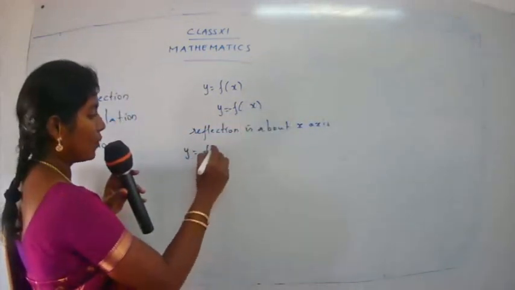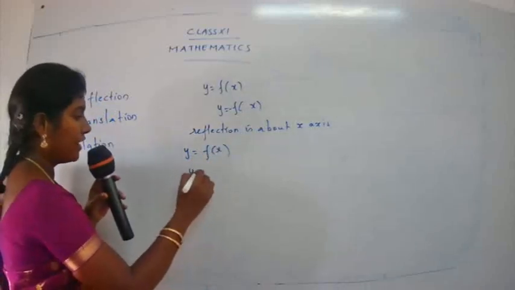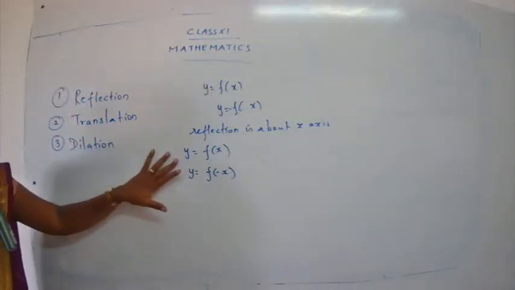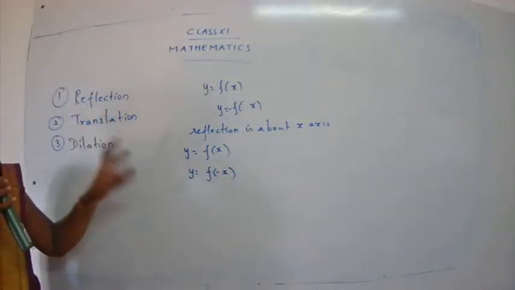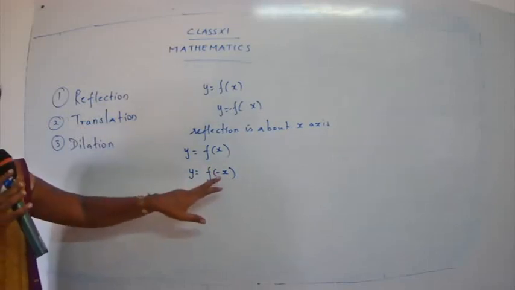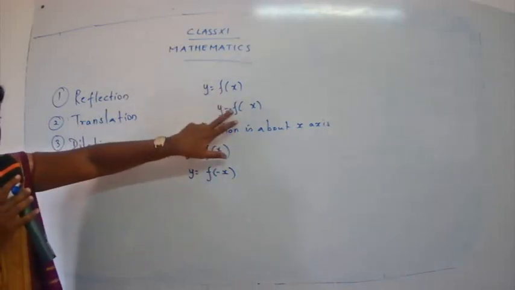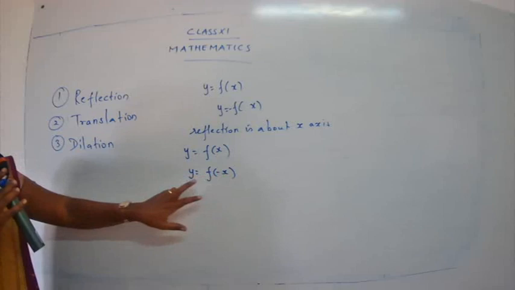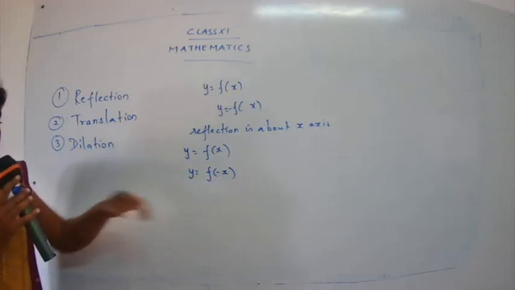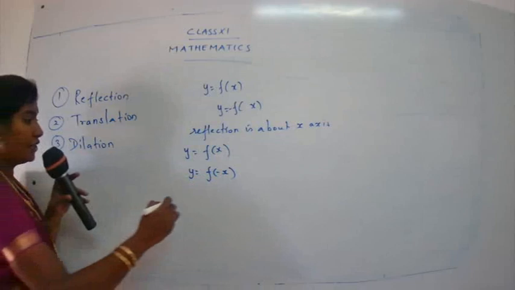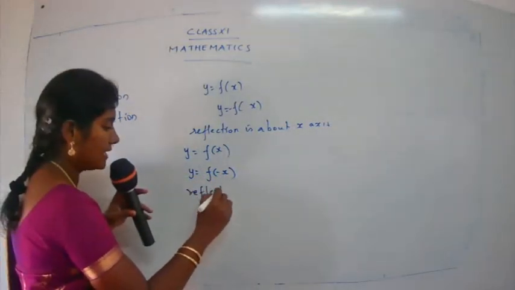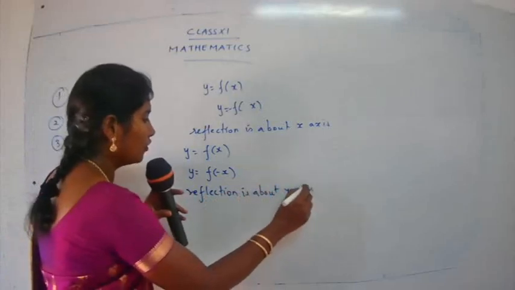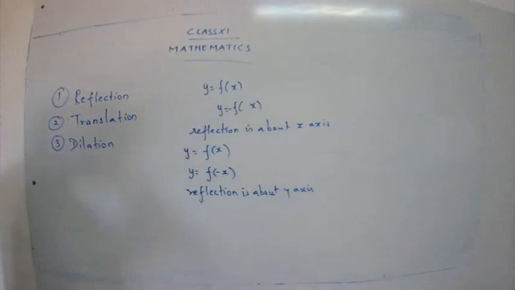If you have the graph y is equal to f x and you are asked to plot a new graph y is equal to f of minus x, here there's a difference. In the earlier one the minus is outside the function, and here the minus is with the x. So when you have such a function to be plotted, where will the reflection be? The reflection is about the y-axis. So this is a direct plotting; we just have to follow the definition